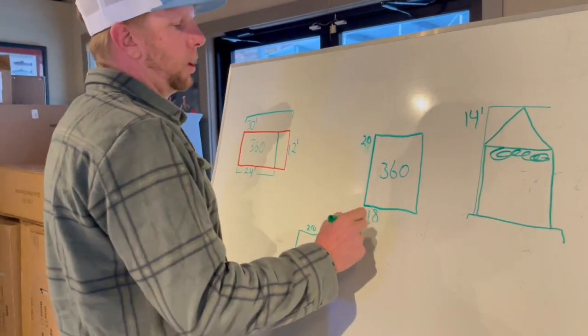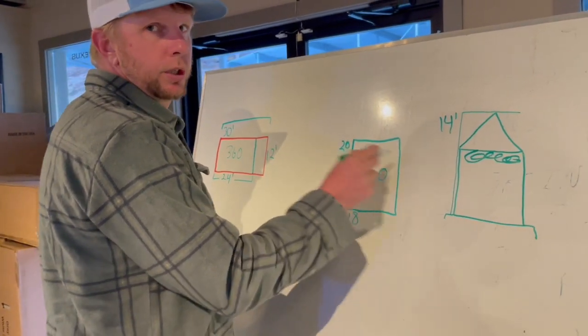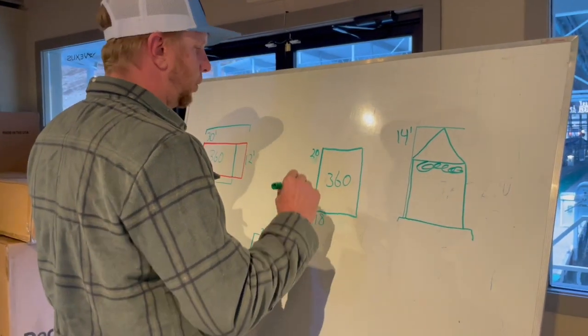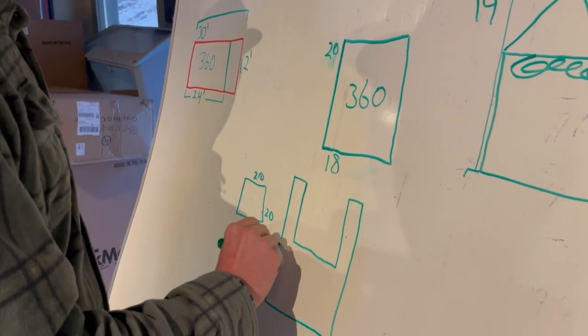Yeah, you don't always want to be on your front porch. You don't always want to be on either side. You can get out of the wind and be warm or whatever's clever. So when I build these, all right,